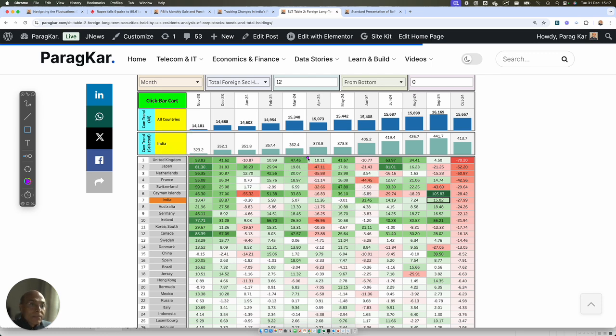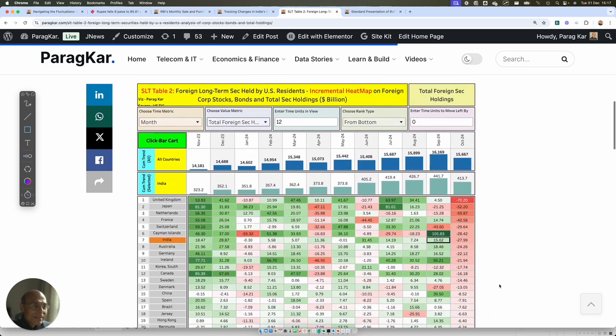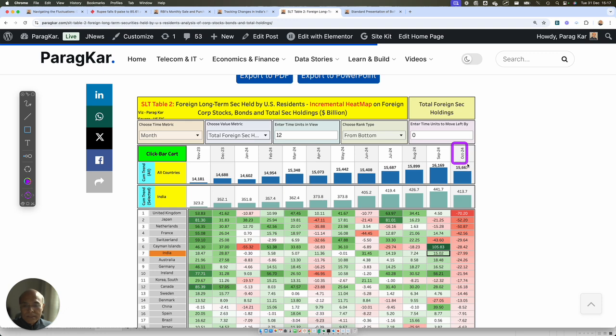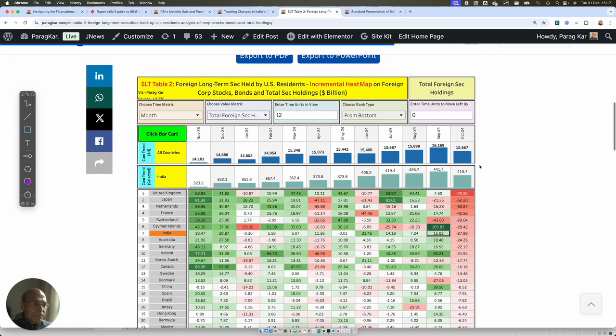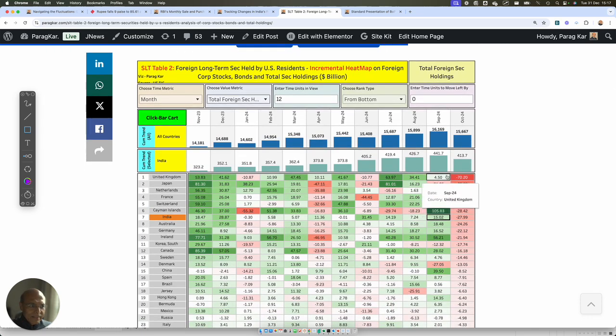There have been some dilutions here and there, but there is a significant dilution, which is very strange, especially in the month of October. The November and December data is not out yet. So this is a fact, and this dilution has resulted in US residents' long-term securities held in India having dropped from